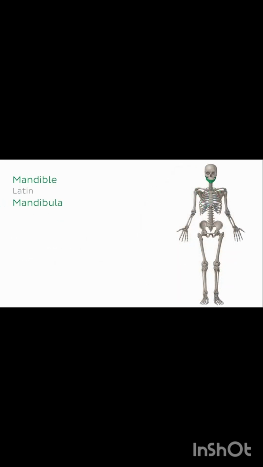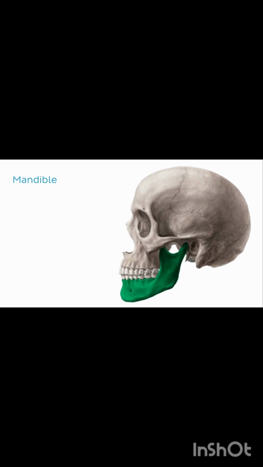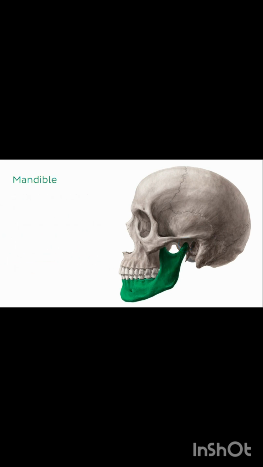The mandible is the other bone that makes up the jaw. It's also known as the lower jaw and is the only bone of the skull that doesn't articulate with other cranial bones via sutures. If we switch perspectives to view our skull from the side and zoom in slightly, we can see that it actually articulates with the temporal bone via the temporomandibular joint, or TMJ, which I've circled for you on your screen. The mandible houses the lower teeth, and like the maxilla, it also plays an important role